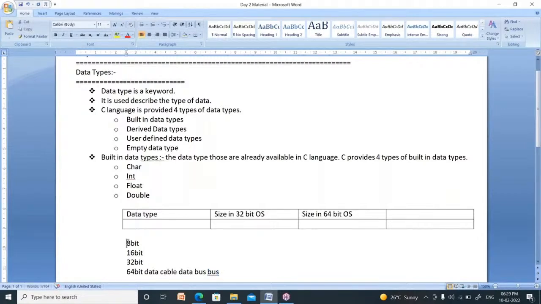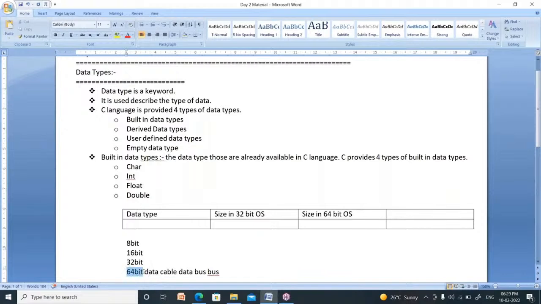The width of the bus is 8 bits here. 8 bits can move parallelly in an 8-bit bus. In a 16-bit bus, 16 bits can move parallelly at a time. In a 32-bit operating system, 32 bits move parallelly. In recent operating systems, 64 bits can move parallelly at a time in that cable.